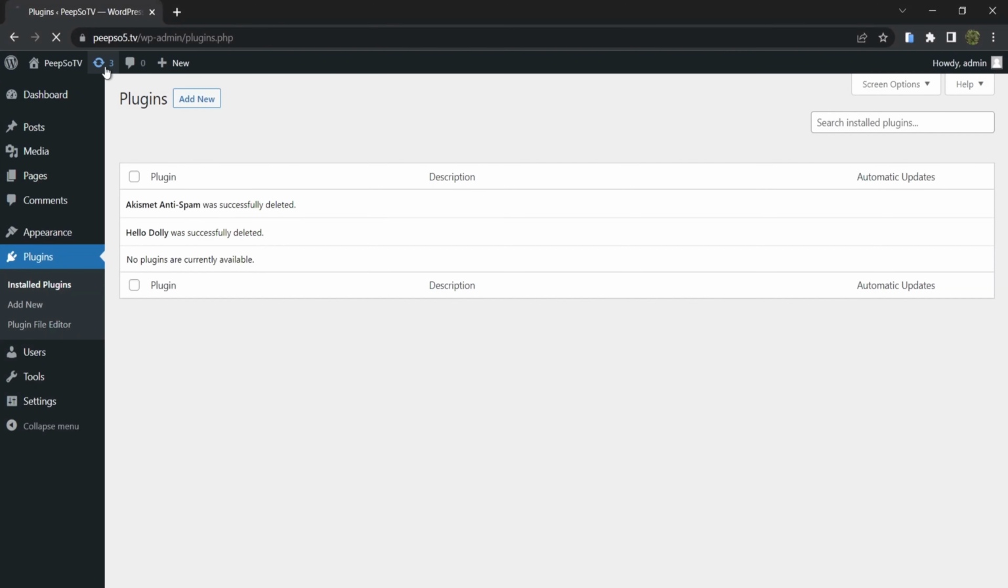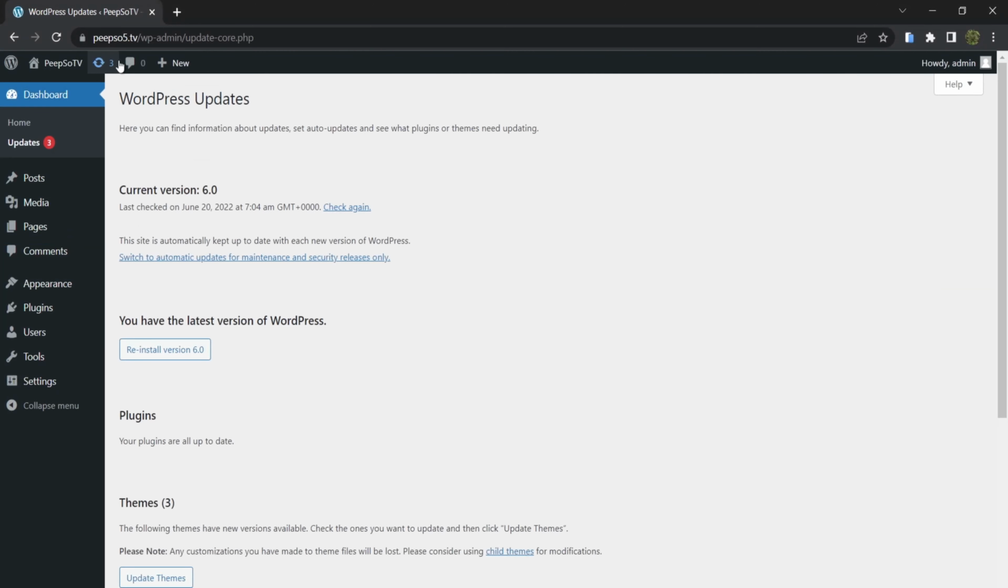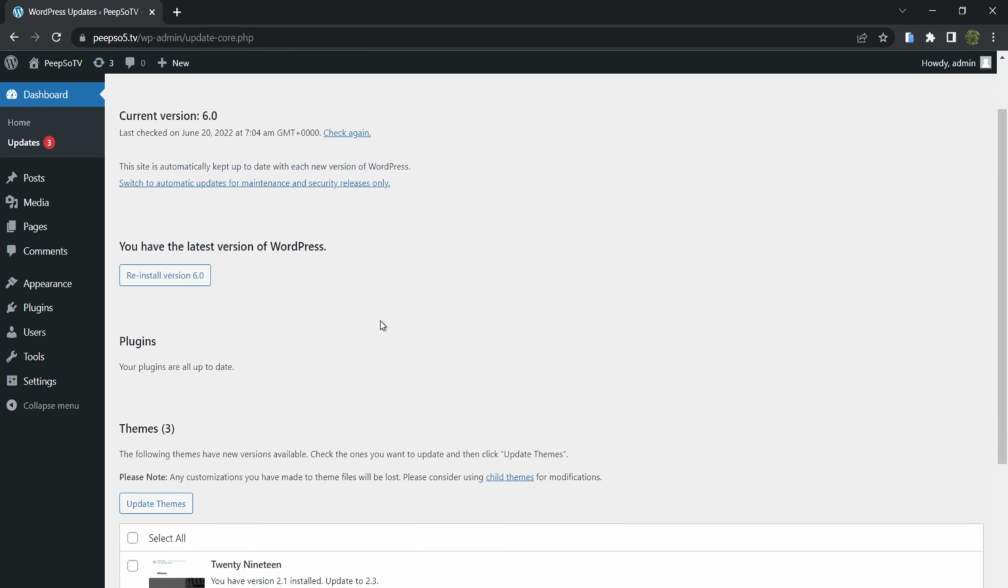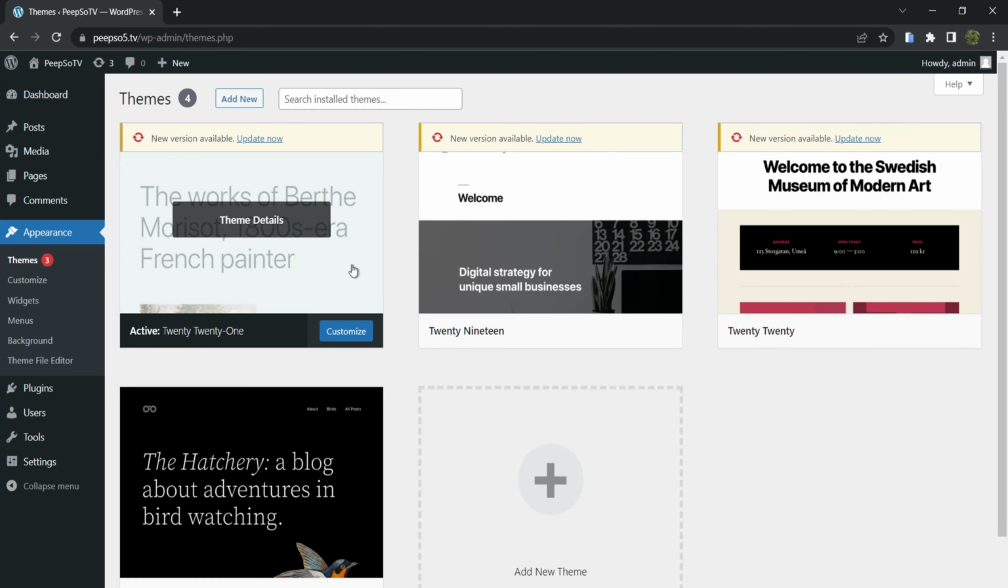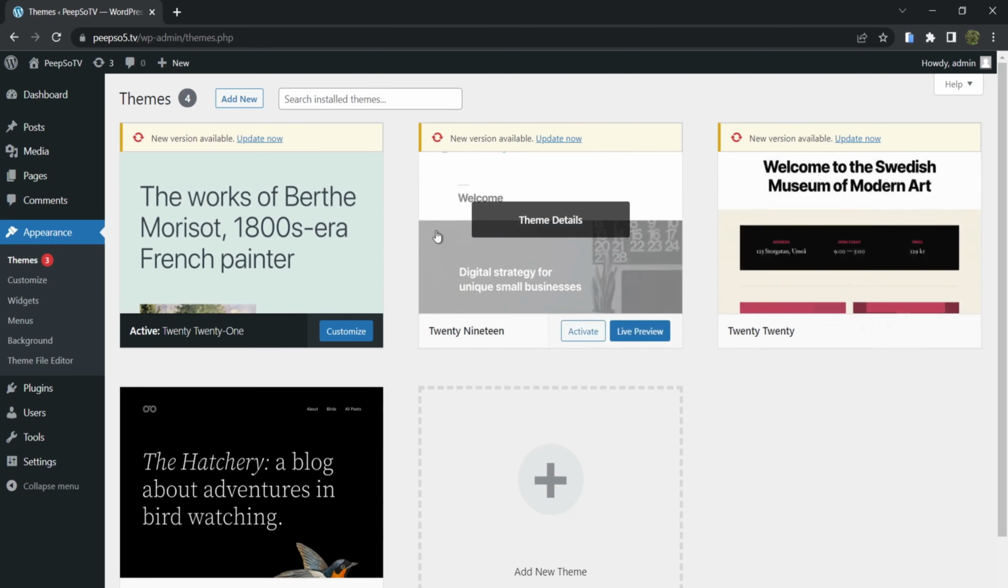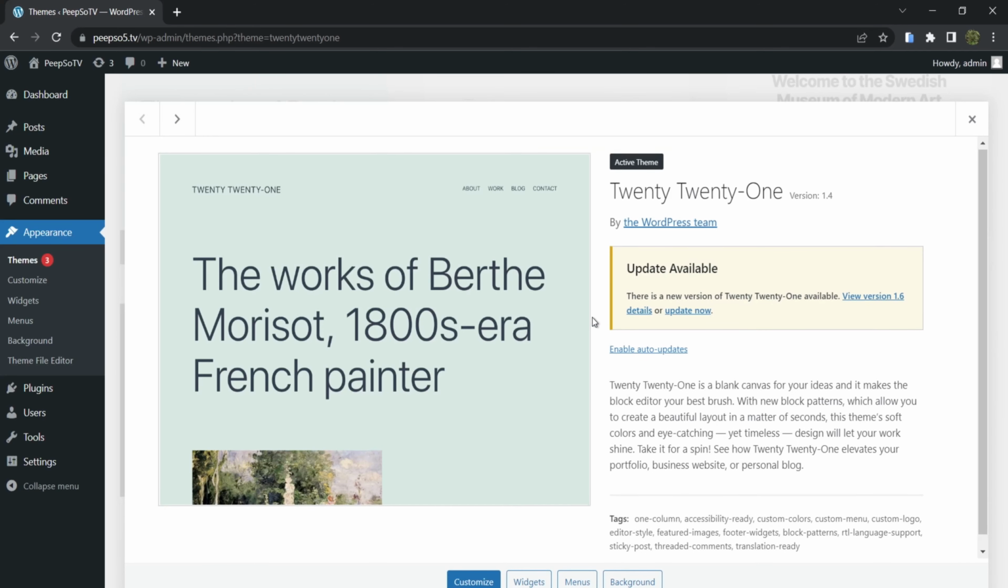Check one more time if there are updates available by pressing on this icon over here with number 3. And it's saying that there are themes update. But we are not going to use these themes. So go to Appearance, Themes, then click on Theme Details for each and every one of them. So Theme Details,